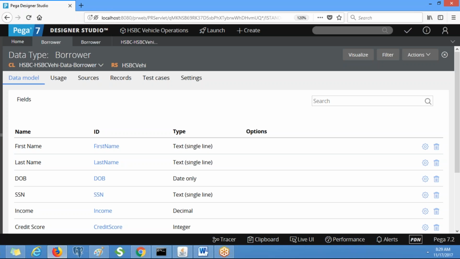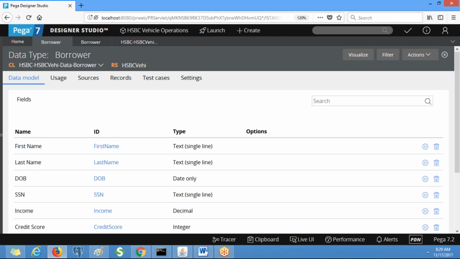We are not creating any records under the borrower data class, we are just using the properties. For that purpose we created page property.